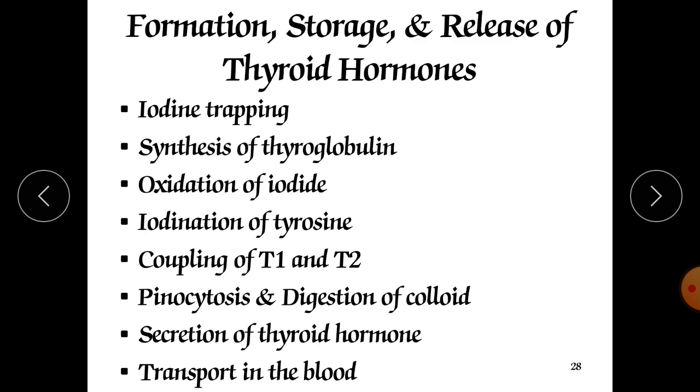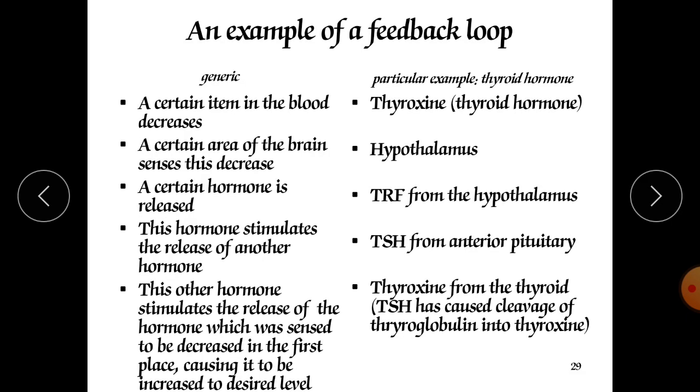That's why the T3 hormone should be produced at a controlled rate. Conversion should be controlled. In some diseases, in some autoimmune diseases, it may be vice versa. The rate of conversion may be increased, which is problematic, because these thyroid hormones are required for various uses. Now here is the example of a feedback loop, so that we know how the feedback occurs.